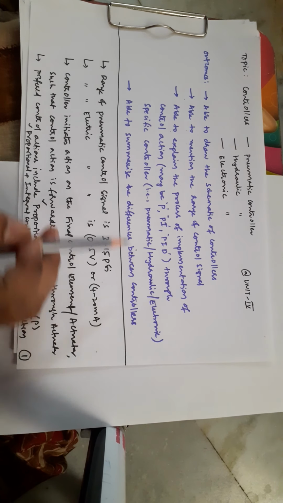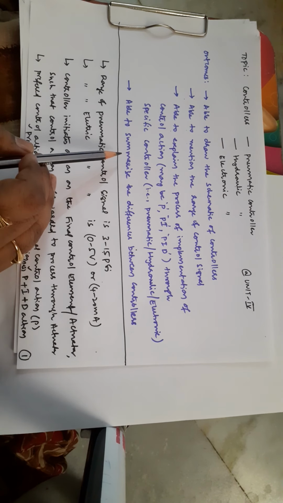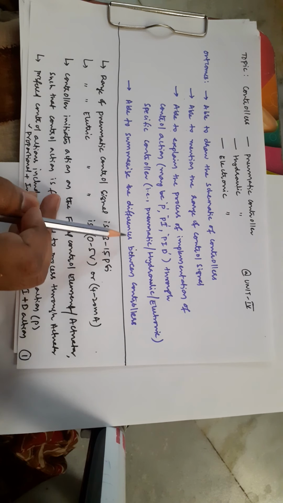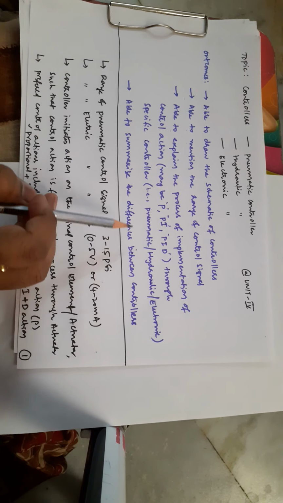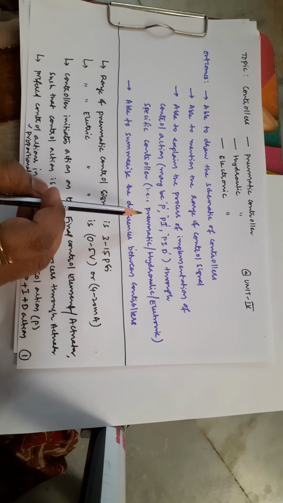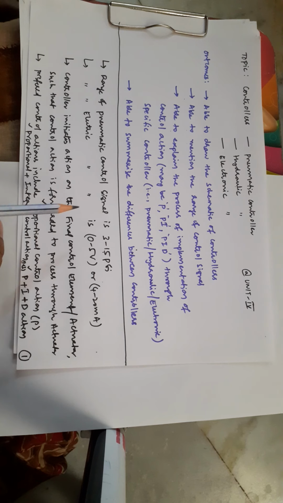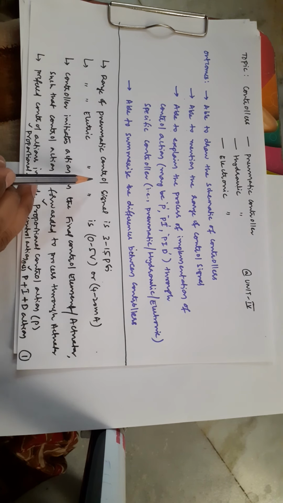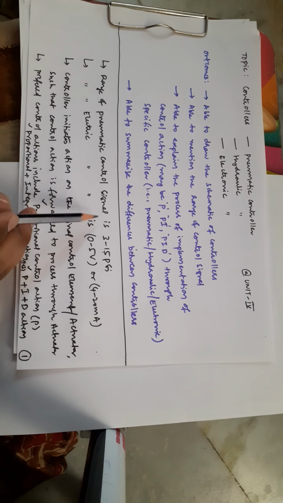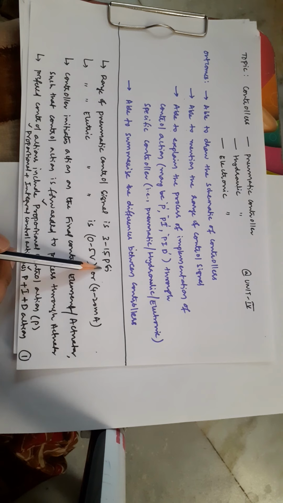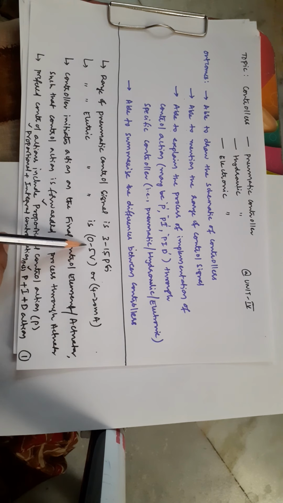Similarly for electronic controllers. Similarly, you will be able to summarize the difference between controllers, that is, what are the advantages and disadvantages of pneumatic controller, hydraulic controller, and also electronic controller. The main objective of any pneumatic way of controlling the signal is that we should get an output of 3 to 15 psi. If it is an electrical signal, as we have discussed earlier, that is 0 to 5 volts or 4 to 20 milliamperes.